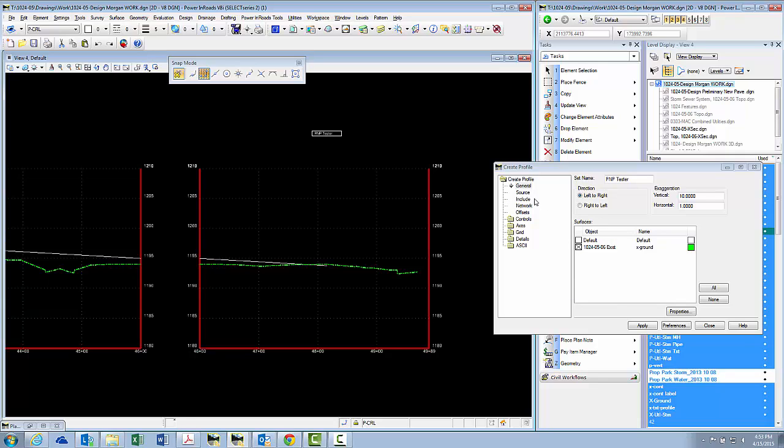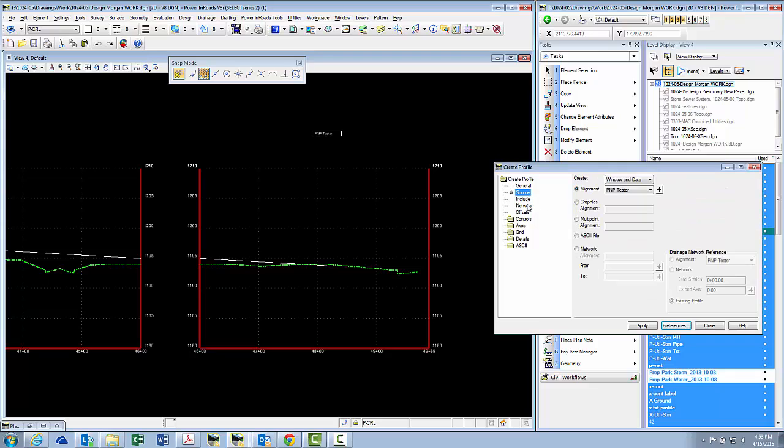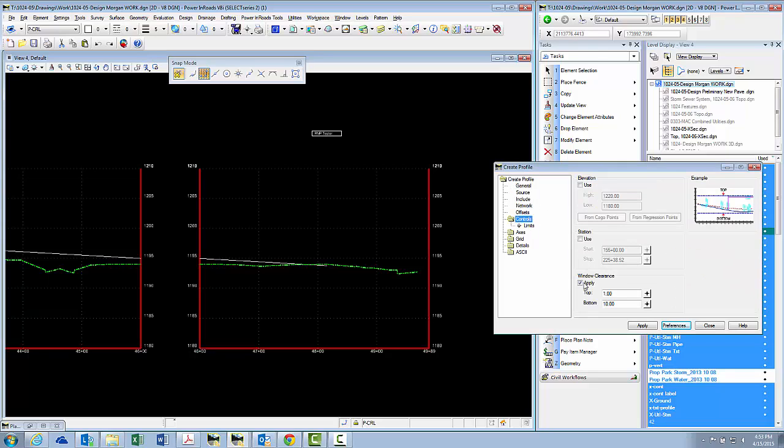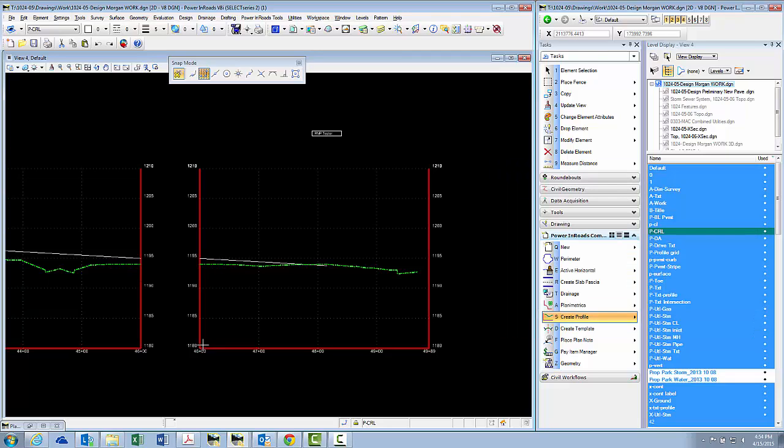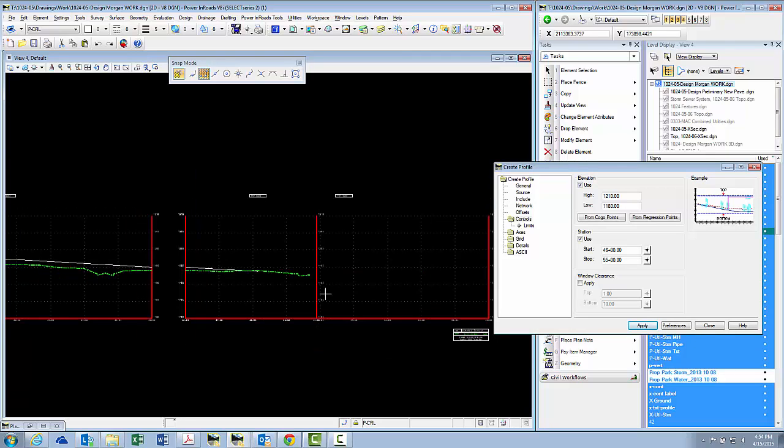Load and close. And then under controls, I'm going to say I don't want it to control based on clearance. I want to use station and elevation. I'm going to go from 1180 to 1210, and then I'm going to go from station 46 to 55. Hit apply. I'm going to snap to the bottom of this, left click, and it just created a